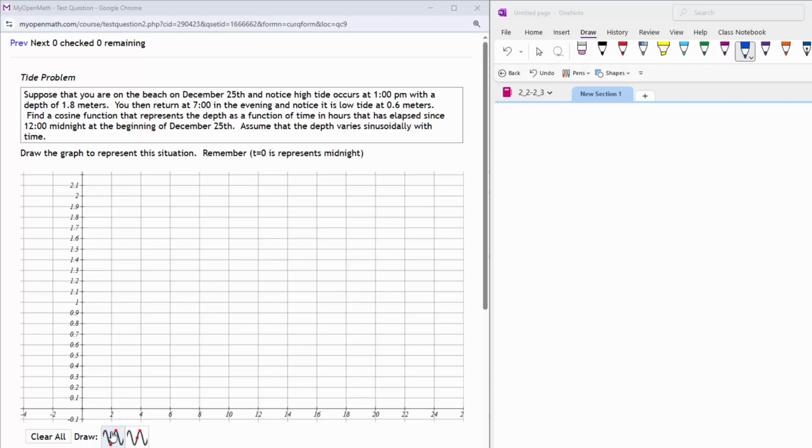So we're going to go ahead and find 1 p.m. Okay, this is the number of hours after 12 a.m. So here's 12 o'clock, 1 p.m. would be here, and we're going up to 1.8. So 1.8 right about there. And then